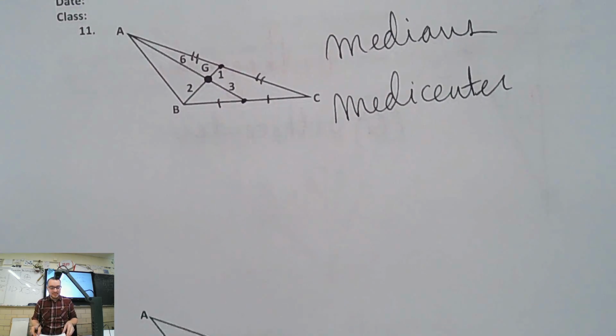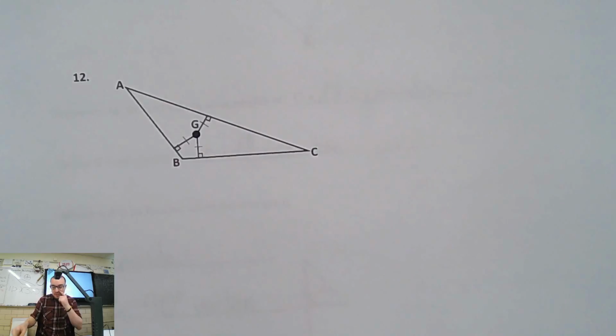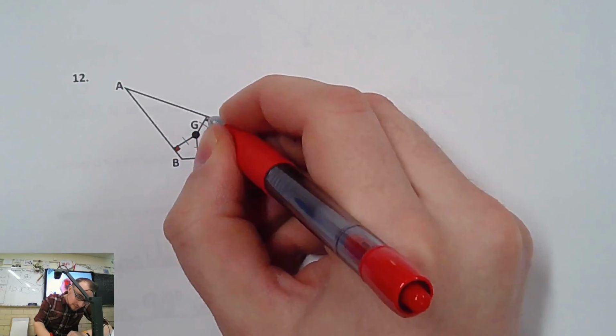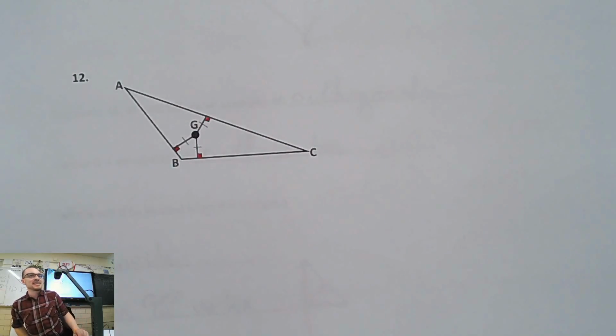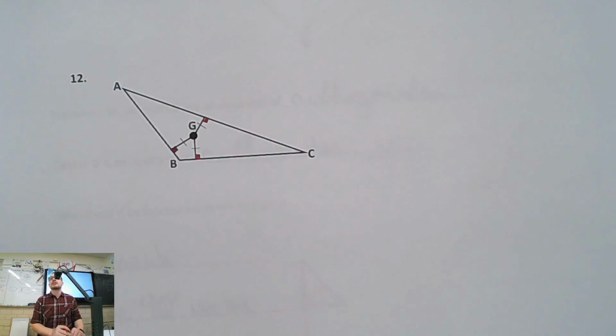12. Perpendicular bisector. Nope. Misleading. They are perpendicular. But guess what? Are those the heights of the triangle? No. No way, Jose! Okay? But it shows that G is the same distance from every side. Are those all orthogonals? Nope.